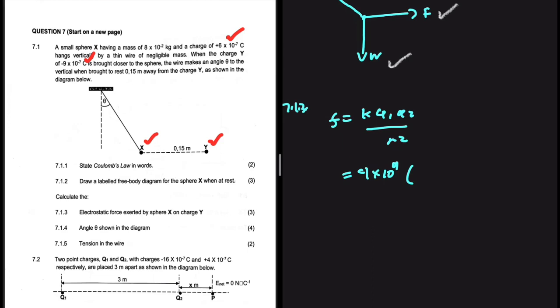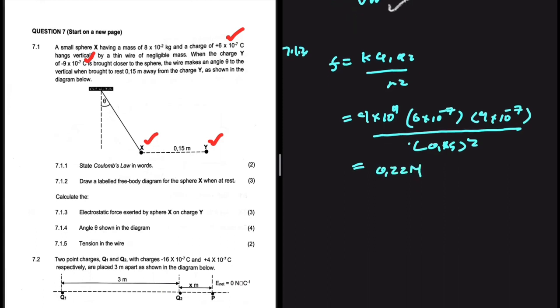Keyword, magnitude. So we're supposed to only substitute the magnitude and not include the direction or the sign, so to say. We're going to have 6 times 10 to the minus 7 as the charge of sphere X, and 9 times 10 to the minus 7 as the magnitude of charge Y, everything divided by the distance between them, which is 0.15 squared. Right, so that is the electrostatic force that the two charges are exerting on each other. If you put that in your calculator, you shall get